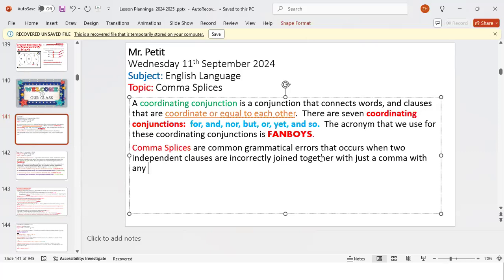A coordinating conjunction is a conjunction that connects words and clauses that are coordinate or equal to each other. There are seven coordinating conjunctions: for, and, nor, but, or, yet, and so. The acronym that we use for these coordinating conjunctions is FANBOYS. Very good.